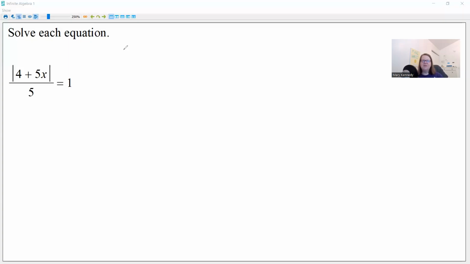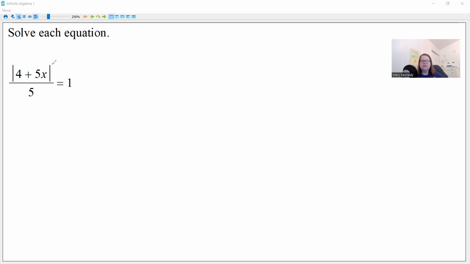Here we go with a more complicated absolute value equation to solve. And this time we have things happening inside the absolute value that we have to solve. But then we also have something going on outside of the absolute value. So a key part of solving absolute value equations that get a little more complicated like this one is that